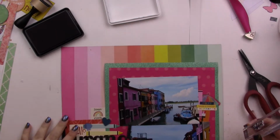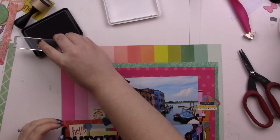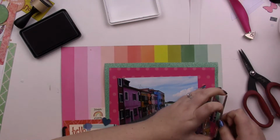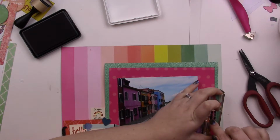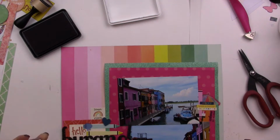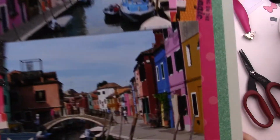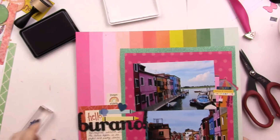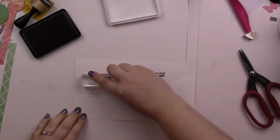So I want to stamp this over here on this angle, and I'm really hoping that it's going to fit, and perhaps I should have measured it a bit better before I stamped it, but I'm sorry if you can't see this. I have to be right over top of it to line it up, and it worked fairly well. I hope that dye ink will dry on the sticker here. So I just nestled it in that corner there. And then the next one that I want to do, which I'm hoping is going to fit,